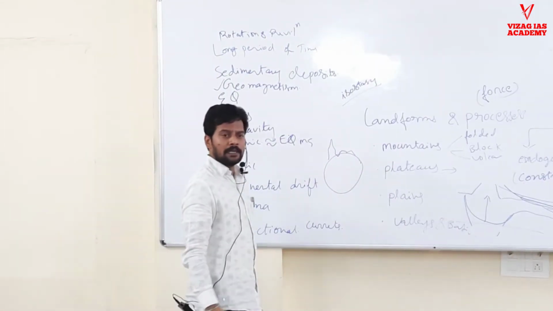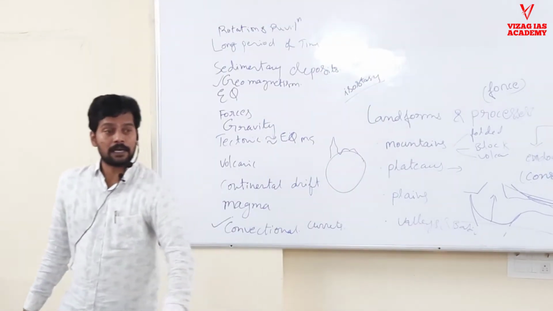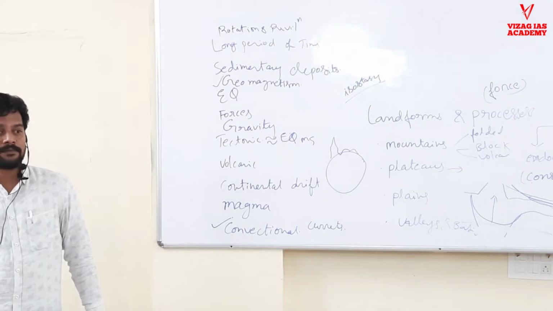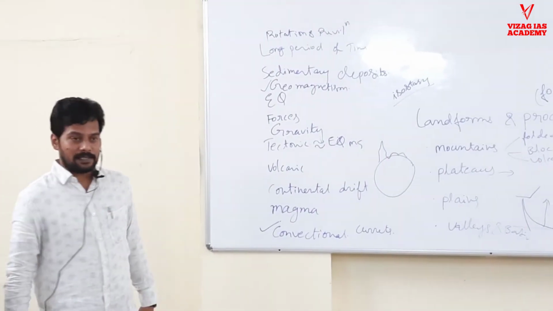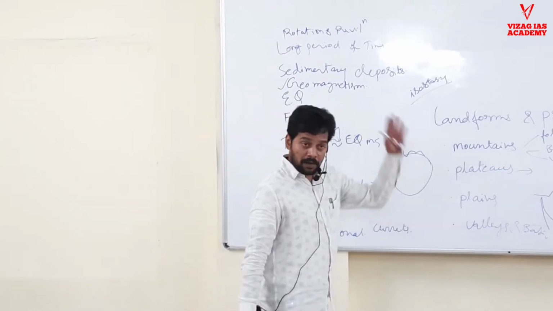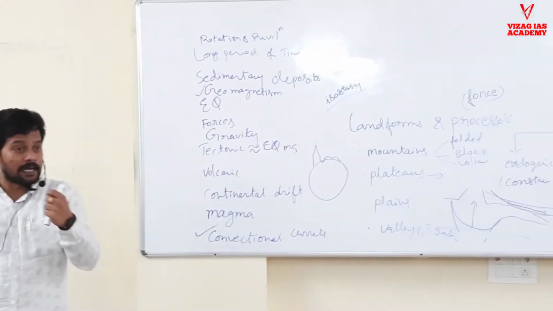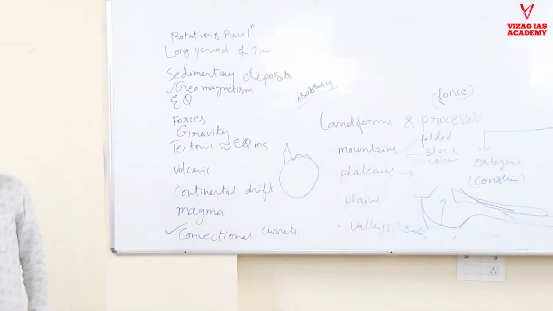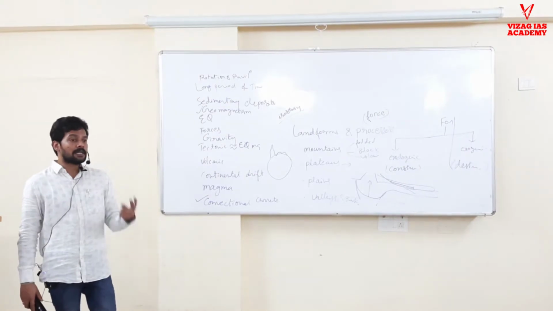Like Himalayas building, they are operating from when? I told you the geological time scale, Paleocene. What is the period I told? 66 million years ago. They are operating from then. Every year the mountains are growing by 1 centimeter. If you see million years, they will grow more also. Now what is the Everest mountain height?